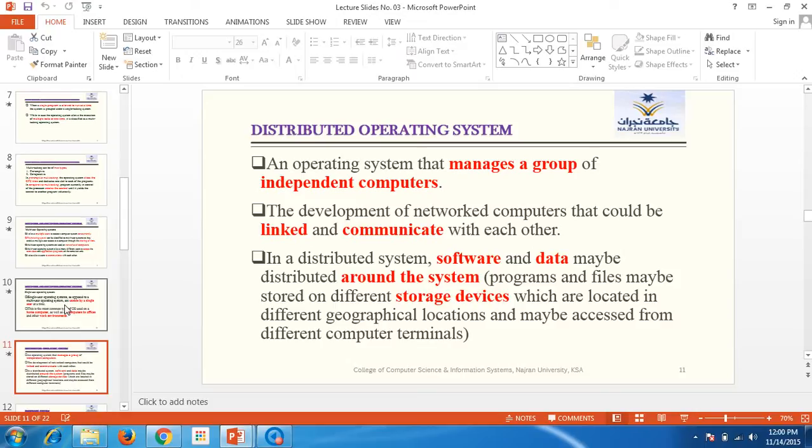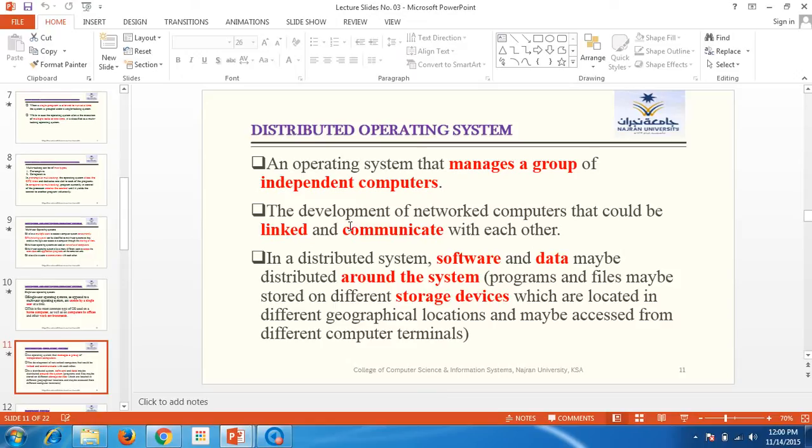A distributed operating system manages a group of independent computers, and this came with the development of network computers that could be linked and communicate with each other. So they are linked with each other and they can communicate with each other. In a distributed system, software and data may be distributed around the system,